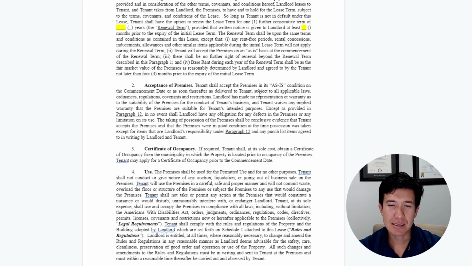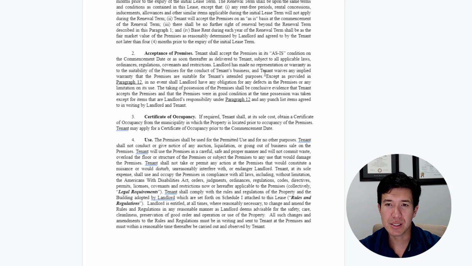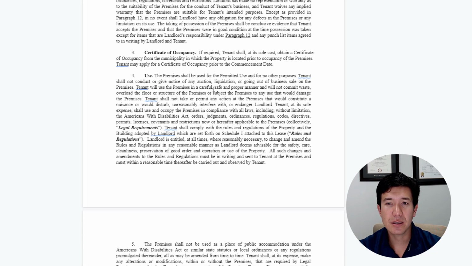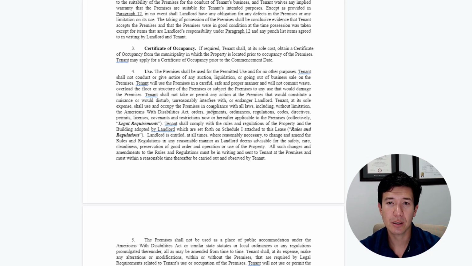Accepts the premise as is, that's pretty standard. Business hours, you may want to define. A lot of tenants want 24-hour access. That may not be compatible with the city, with your industrial park. So again, the business hours and hours of access, that they can make noise if they're manufacturing, all super critical that you match the lease with what you envision for your building.